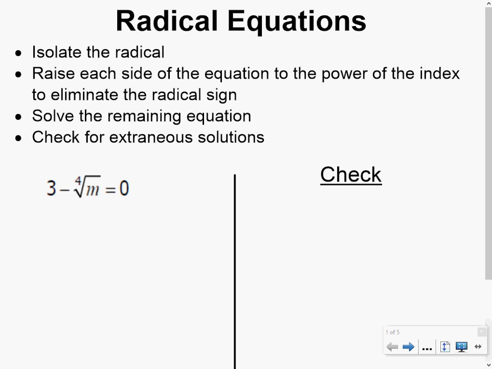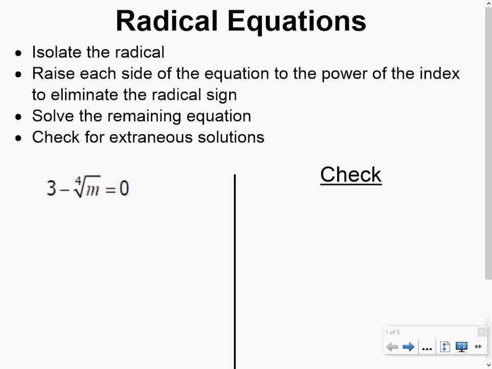Hello everybody. This video is going to talk about radical equations. So we have made it through all of the basic operations with radicals, looked at expressions, simplifying, breaking them down. So now it's time to move into solving some equations. So we've got some steps that we're going to follow in general here, and we're going to look at quite